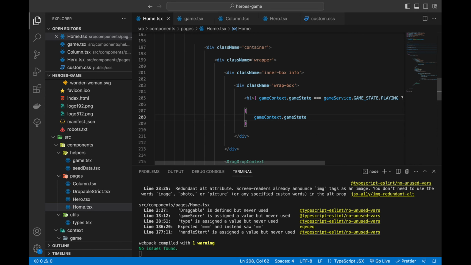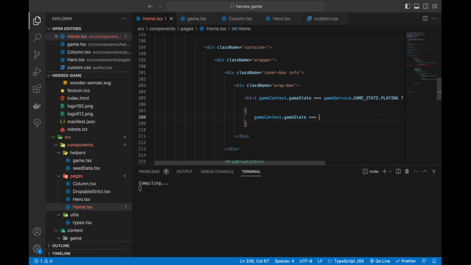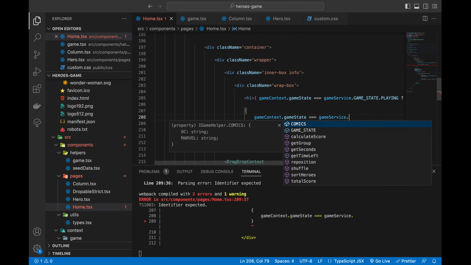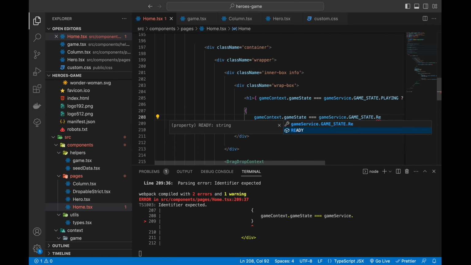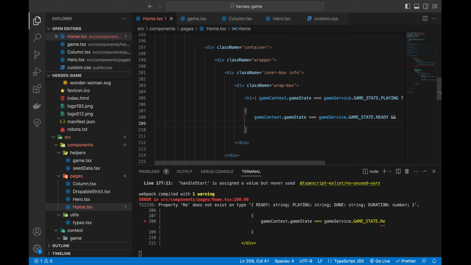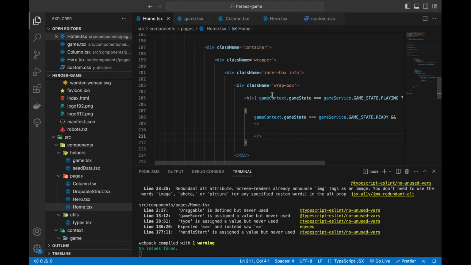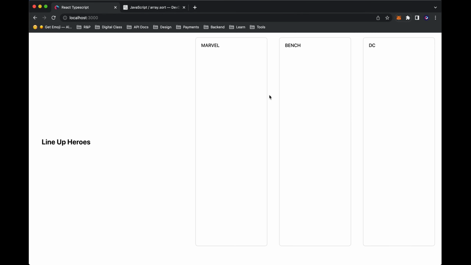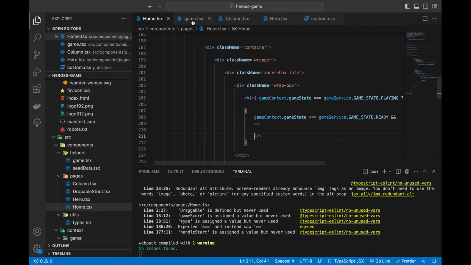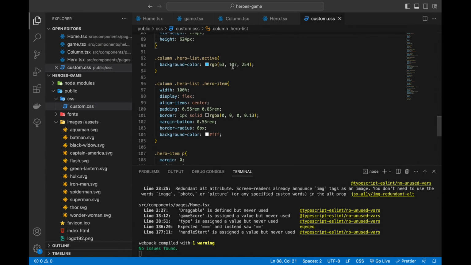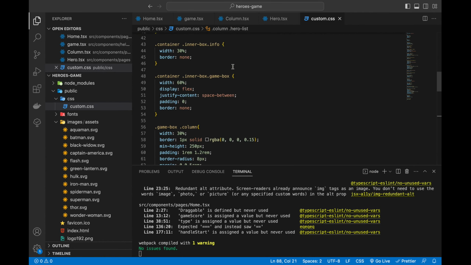So it's get game state equals game service dot game state dot ready. So if the game state is ready, we want to write some introduction here. Okay. So basically, what we want to do is we want to put some information around this place, right? So what we are putting there, that's not okay yet. So for our info box, let's say